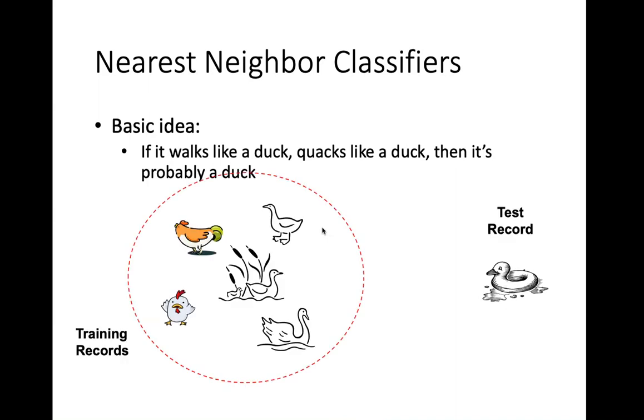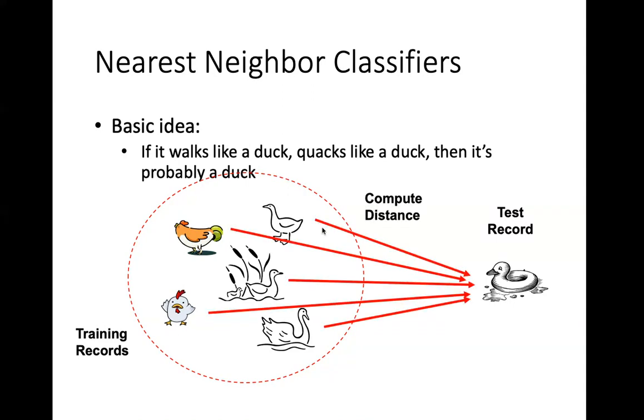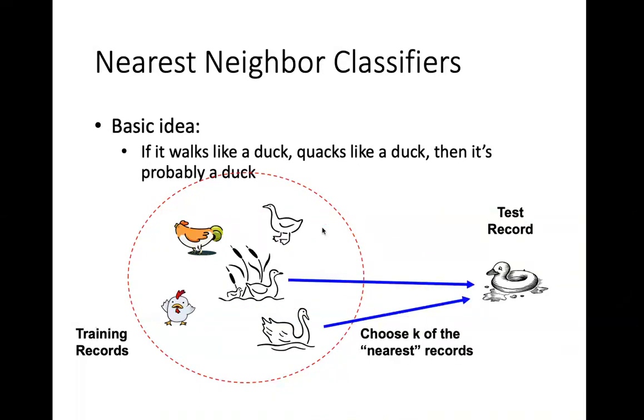Okay, the idea is that the neighborhood is very important basically. Okay, so if you are in the company of ducks, then you are most likely to be called a duck. Okay, so you can see that the basic idea is very simple: you come up with the representation of each object, you compute the distance to the test one, and then you see whether it has the same label or not. If it has the same label, then whatever that label is, you classify it with that label.